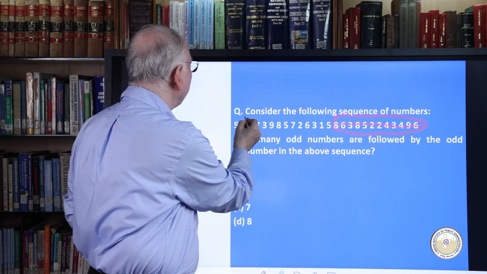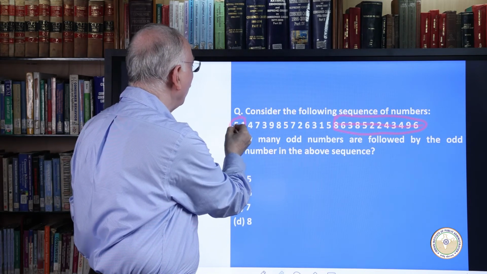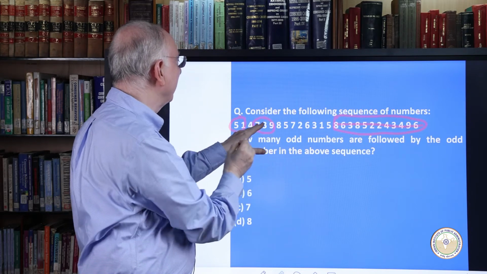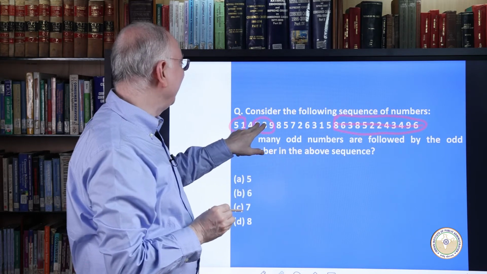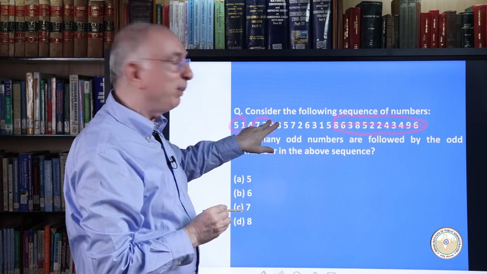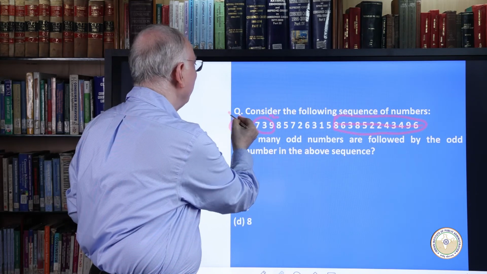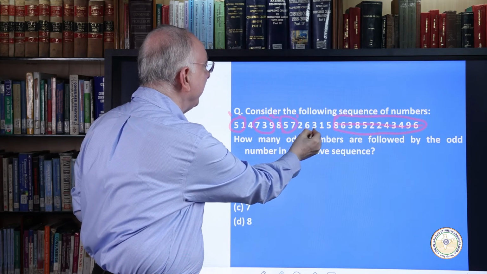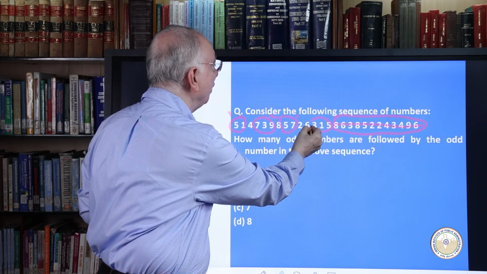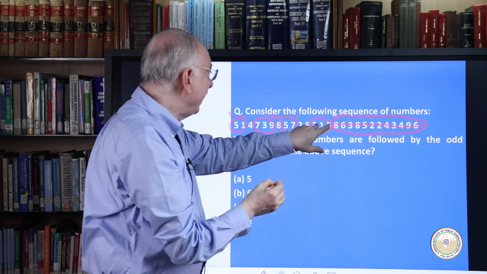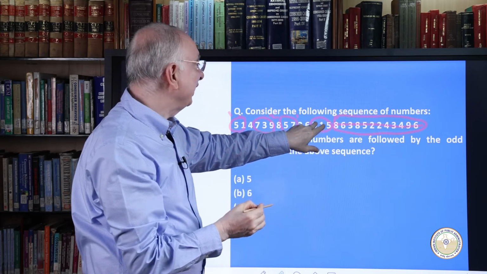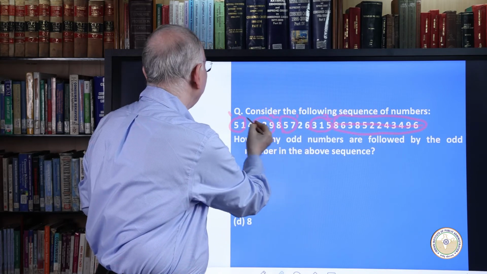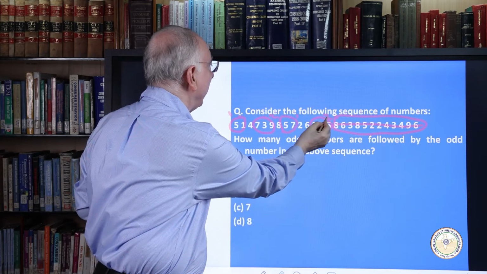Now look at this. Now this is one pair which is odd followed by odd. This is another number. Now here are 3 numbers. So 7, 3 will be counted 1 and then 3 is also followed by odd number 9. So it will be 2. This is 1. Now look at this 5, 7. This is another one. Now here are 3 numbers consecutive which are odd. So 3 and 1 is counted 1, then 1 to 5, then again 2. So we have 1, 3, 4 and 6.